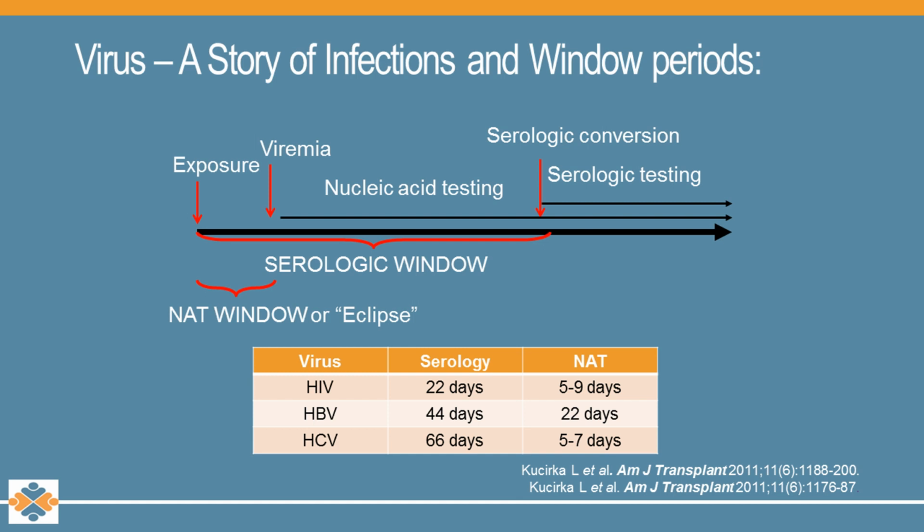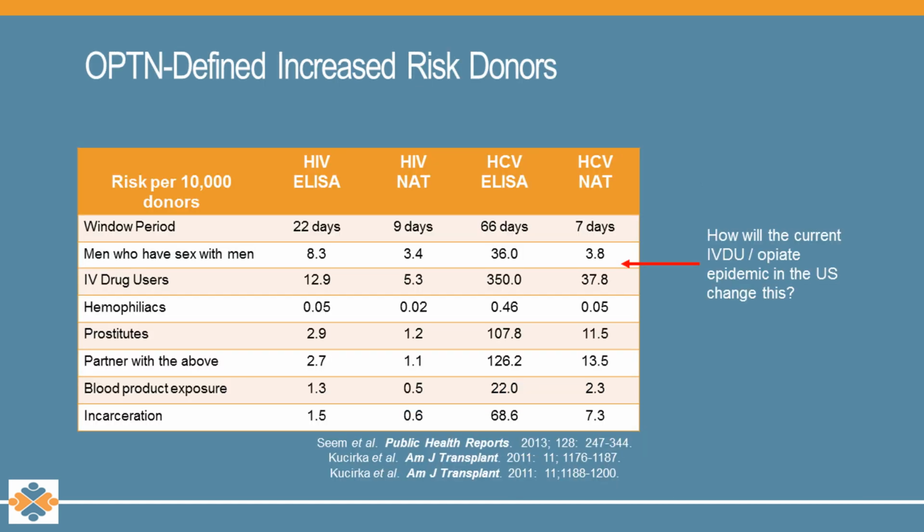And so this becomes a relevant issue when our number of donors who are dying of IV drug use are sometimes dying with their hepatitis C infected needle right in their arm. So when the CDC and others have modeled what would be the likely risk, it's pretty clear that not all increased risk donors are the same risk. So, as many of you know, some of the risk factors that we look at for our donors can in fact be things that occurred up to 12 months ago.